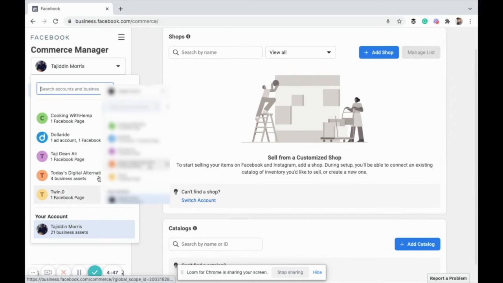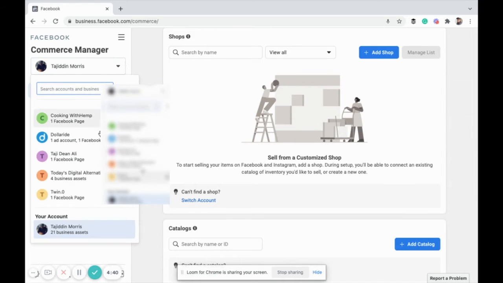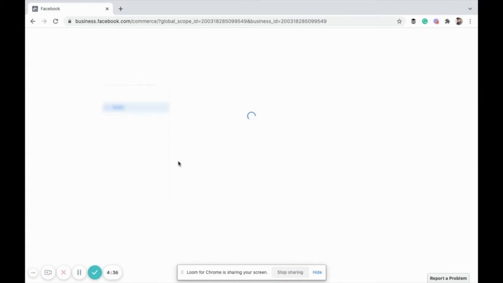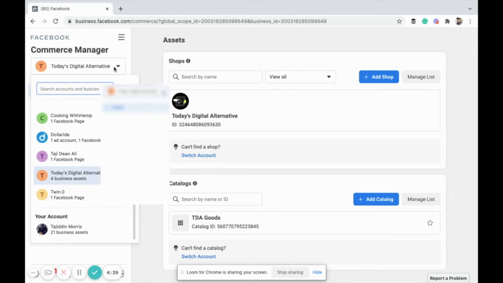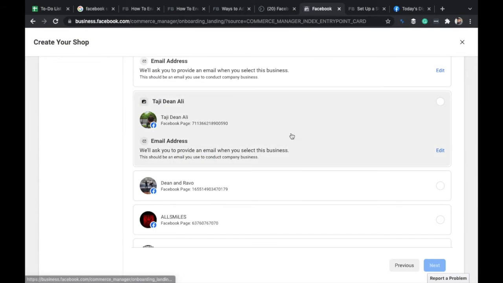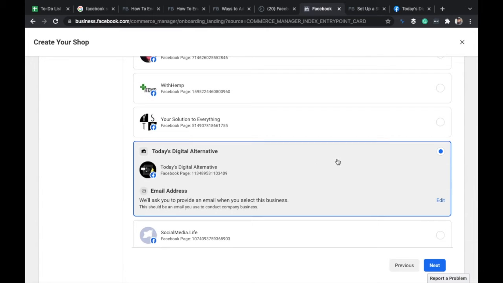So once we're at that page, the first thing we're going to do is click Add Shop, and that will allow us to choose which page we're going to add our Facebook shop to. If you have multiple pages, just scroll through a bit until you find the correct page. Obviously, if you just created your page, it'll be there. If you have not created a page yet, then there should be an option for you to create a page from there, and then you can add your shop to it. So once you have added the page that you want to add your shop to, click next,